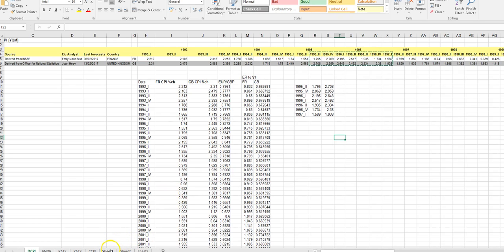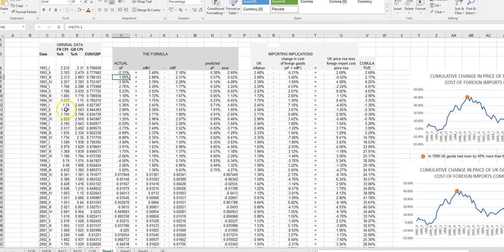For that I chose a separate sheet, and this is the sheet tidied up. First of all, the original data that I had from the previous worksheet. We've got the date, I've got the percentage change in the CPI, France and the UK, and the exchange rate. So that's just copied from the original file. Then I wanted to test the formula, so I put EF, the familiar formula here, and this could